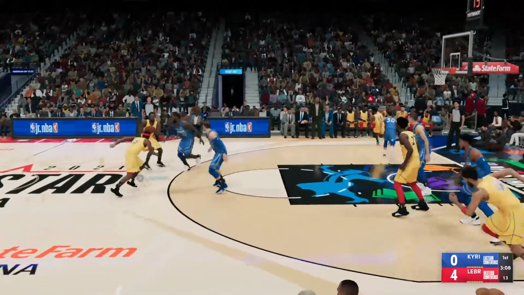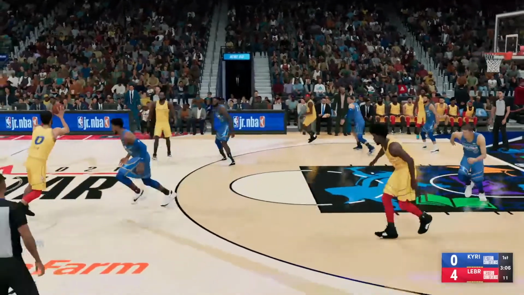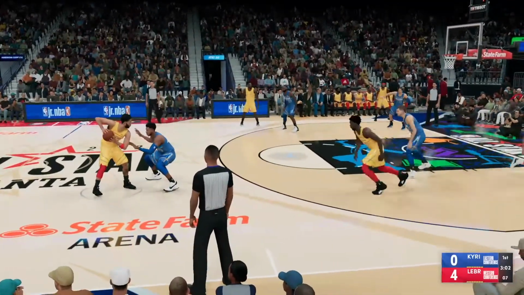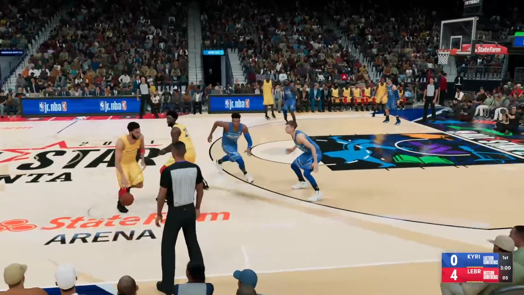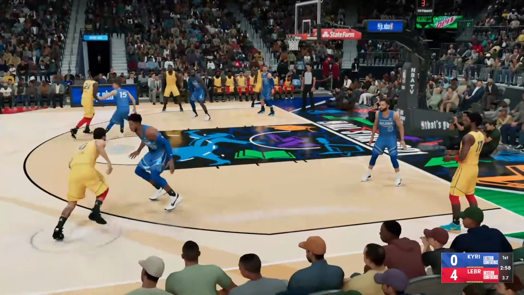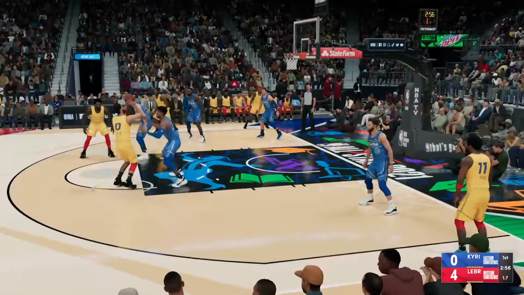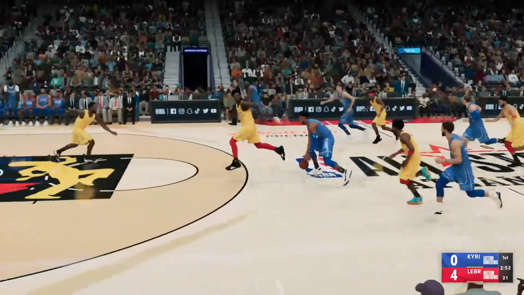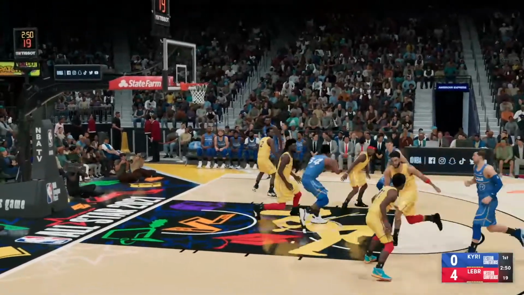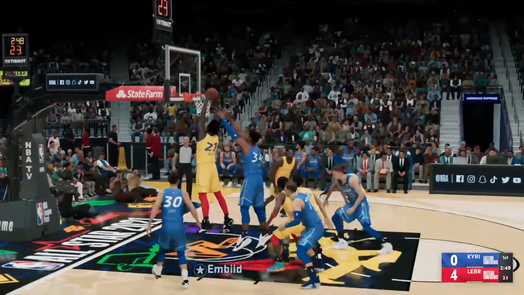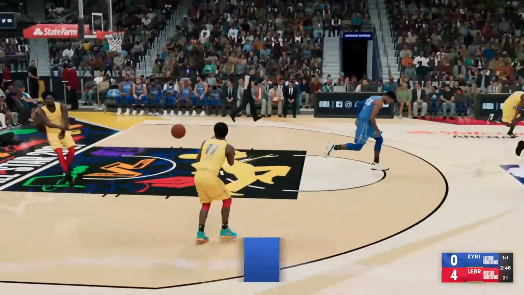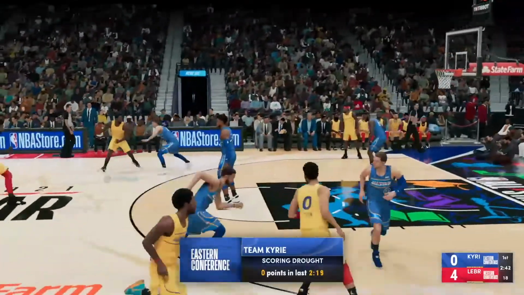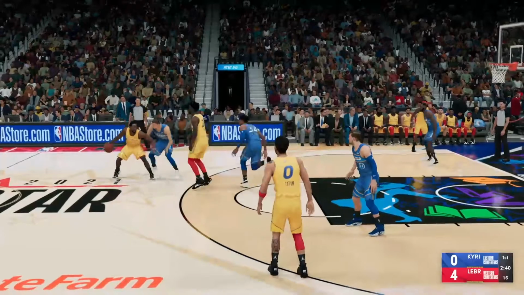Beal against Doncic. Pass to Tatum. Embiid with a screen on Giannis. Fires from the line. And the rejection by Giannis. Good D by Embiid. Boy, patrolling the paint well, protecting the rim. That's exactly the kind of defensive effort you need against him.